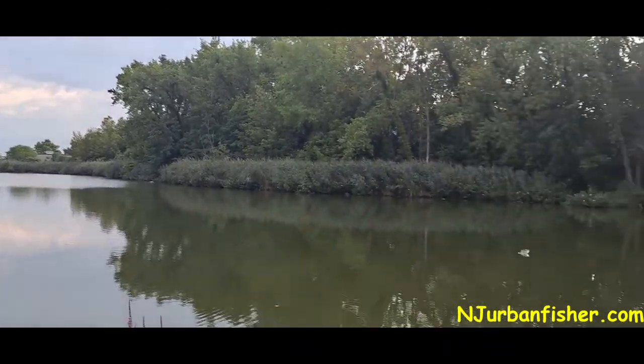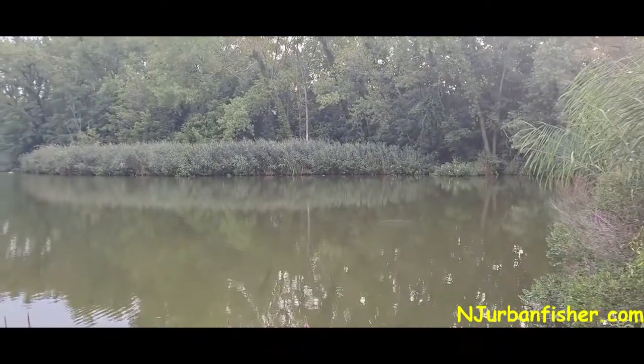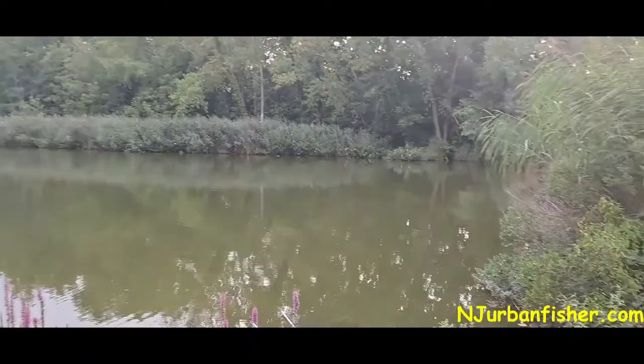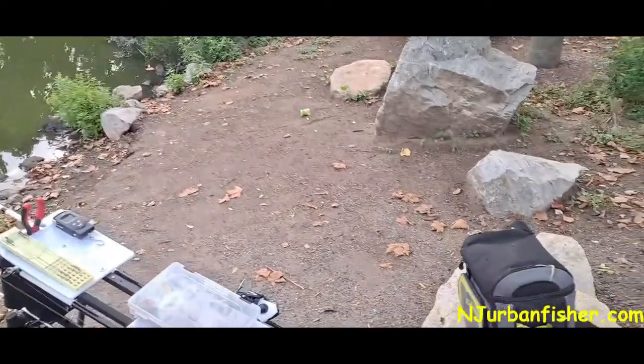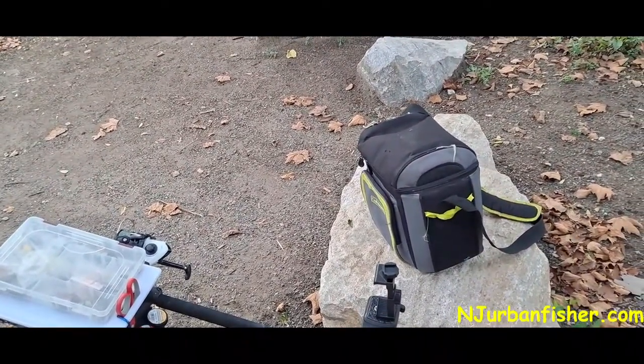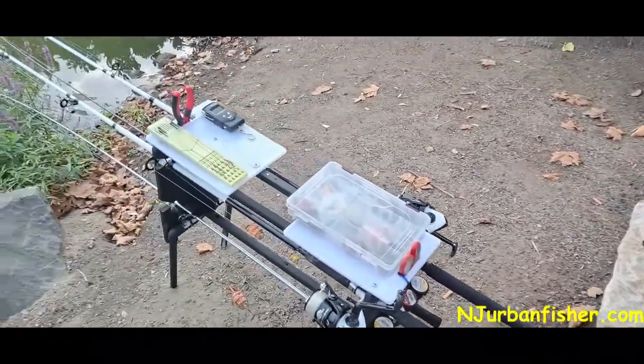Going to get right to it. See a little action, but nevertheless, I'm going to use method feeders and a couple other techniques. Looking over the setup here, it's my cooler with my bait. Try to keep your bait refrigerated. Setup, and this is